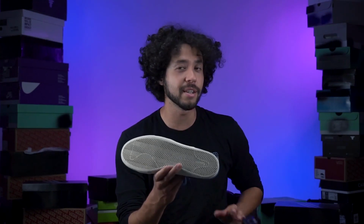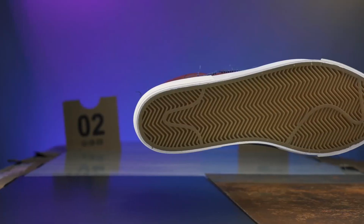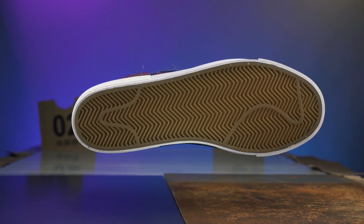They usually don't end up being very slippery unless I skated them for months and months and months. So that new shoe grippiness does feel like it lasts a long time. Even if the tread is a different color, it still seems to last a while. But notice I said almost all Nike shoes, because there's one Nike shoe that just didn't play by the rules,